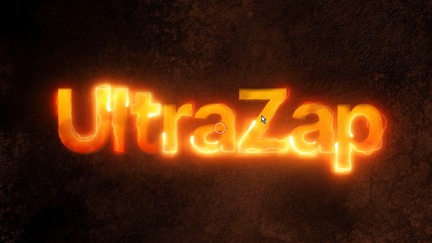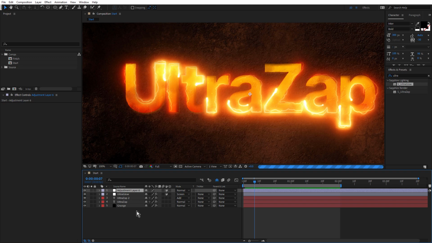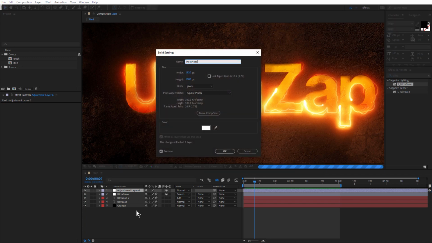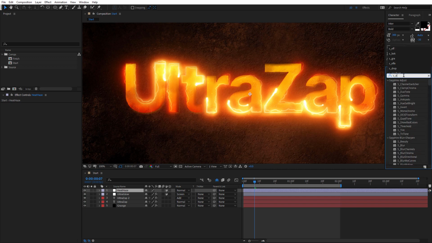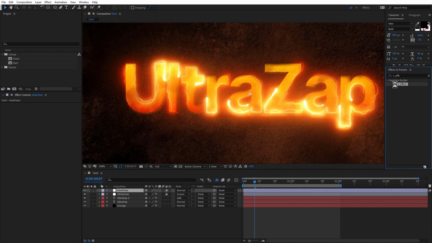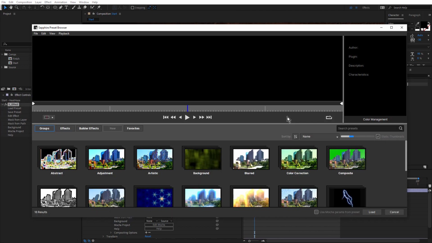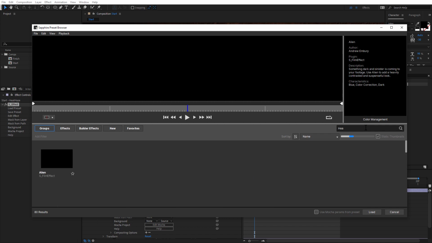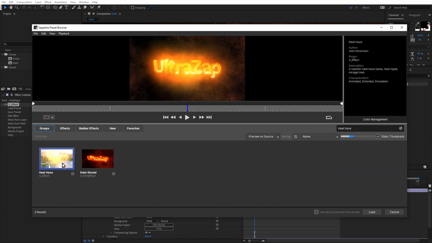Okay, so one more thing to do to this is to add a heat haze effect. And to do that, we can use Sapphire Effect. I'm going to create one more adjustment layer and name this Heat Haze. Come over to Effects and Presets, type in S_effect. Double click and load a preset. And we're going to search for a heat haze preset that I created for an earlier version of Sapphire. Just typing in heat and haze, and it's this one here, Heat Haze S Effect.